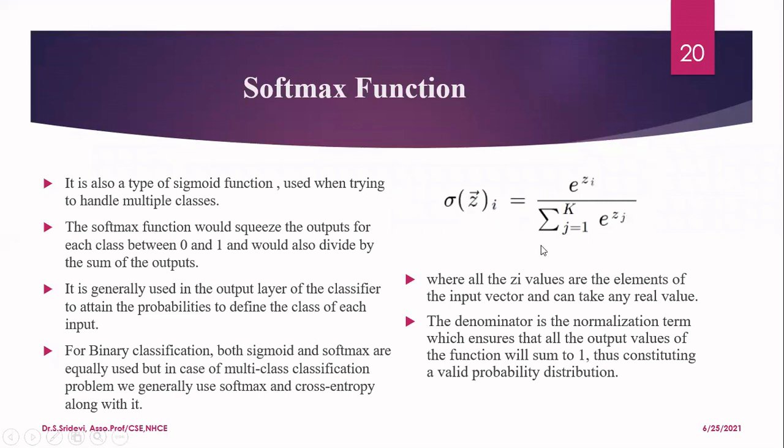Now this is the formula for the softmax function. We can write the output as e power z_i divided by the summation of j equal to 1 to k of e power z_j. Here, these are nothing but your different output classes. For every class, you are going to predict the probability. And finally, you are normalizing it by dividing by the sum, so that when you sum all the probabilities, you will get a value equal to 1. This we have already seen in the